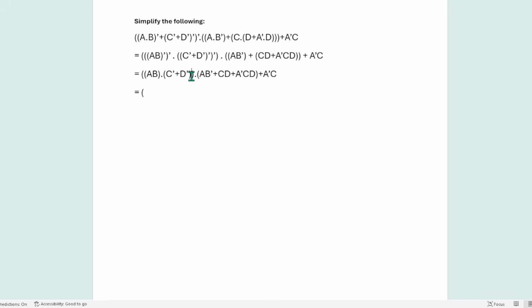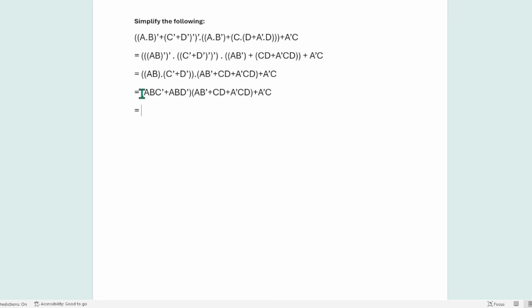For the first two terms, I guess I can just multiply, so that I know which literal can be taken as common or not. I can just multiply it normally, nothing fancy there, just basic multiplication. So abc prime plus ab d prime, and the rest of the part stays as it is. A prime c stays as it is.